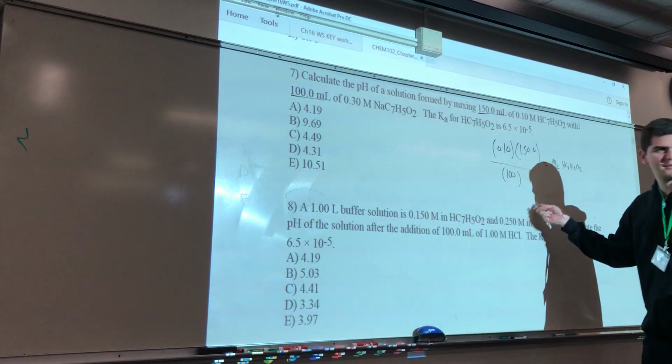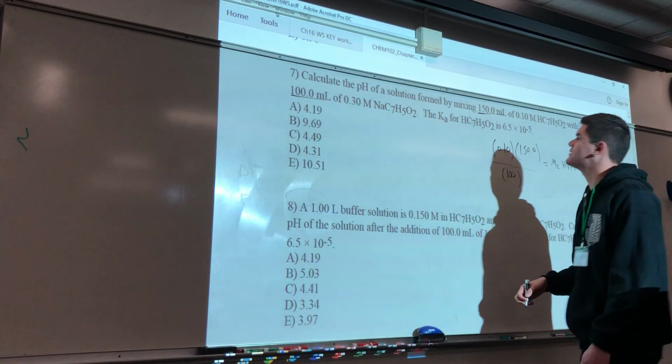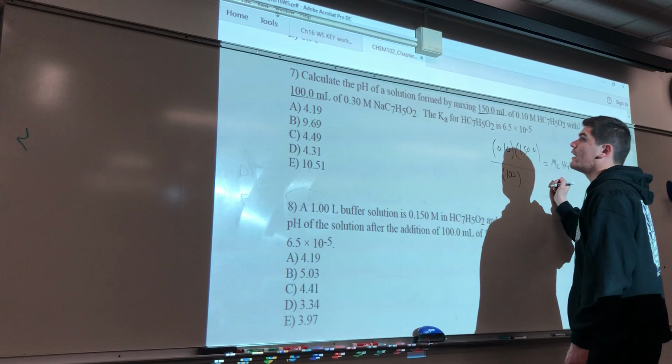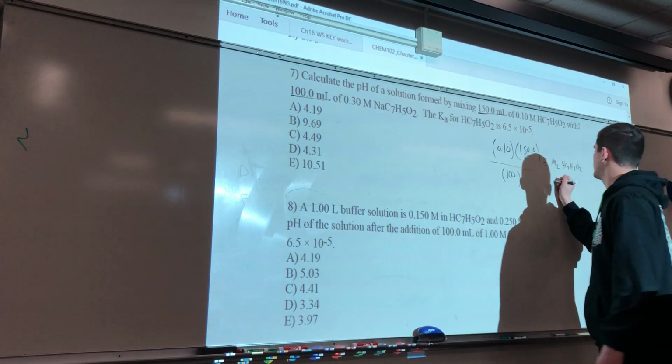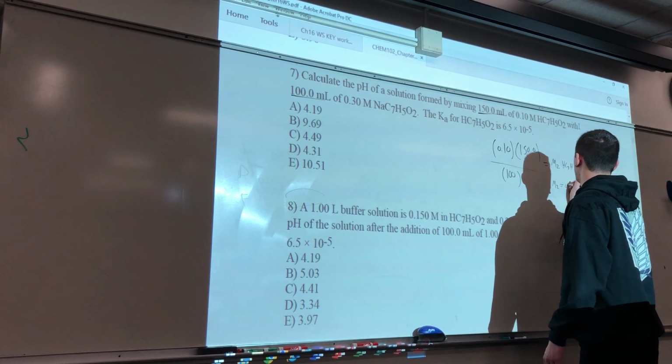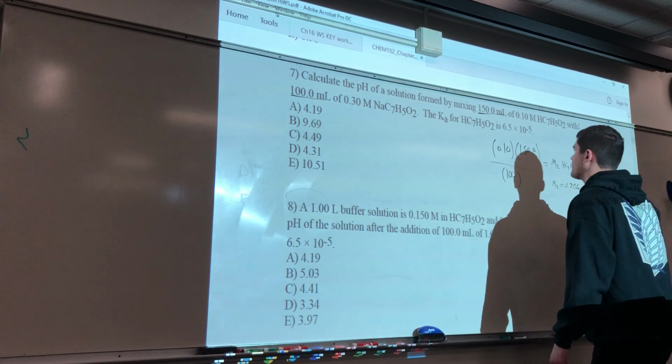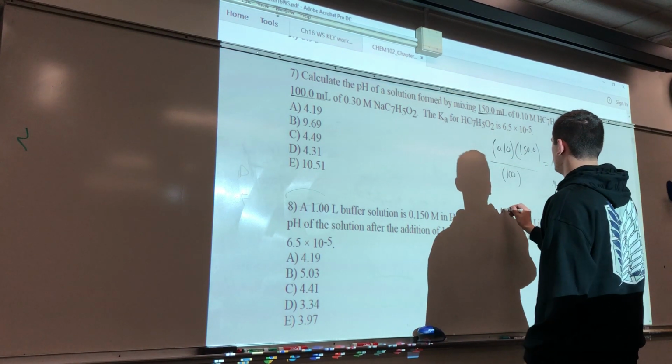Oh, sorry. That's number 7, right? Yes. Your first molarity, did you do that for HA or what? HA. And that would be 0.06. Yeah. The next one you do is 0.120. Okay. So M2 of